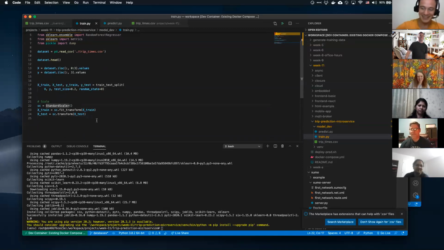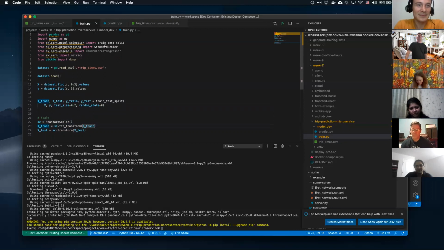So it's all about data size, right? The other thing about machine learning, or statistics, but especially machine learning, is you have to scale stuff. You have to normalize everything, because it's all about linear algebra. That's all machine learning is. It's fun with linear algebra. So what we have here is a couple of lines where we're going to use a standard scaler.